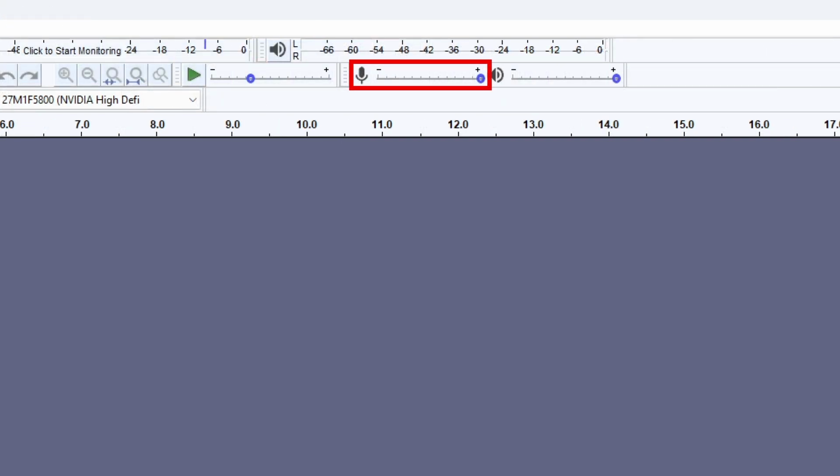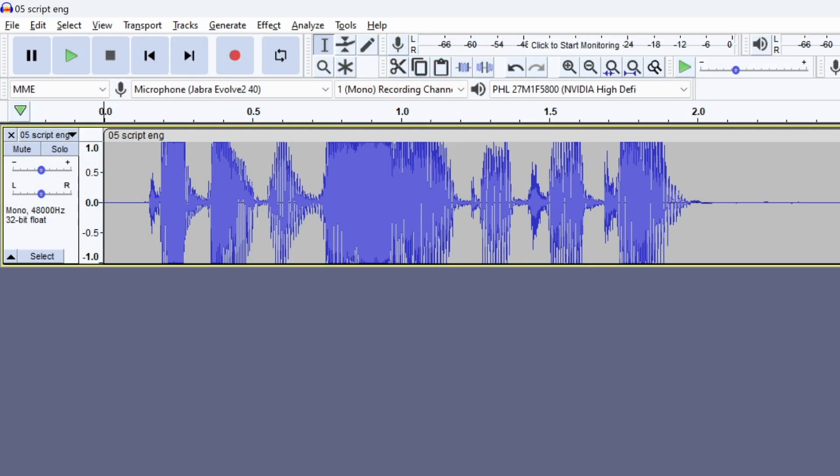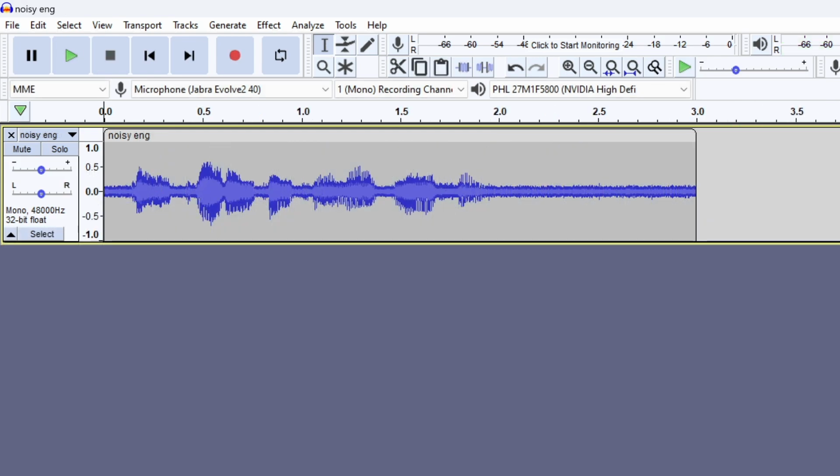The second is that the recording level should be at a modest level. If the recording level is at the maximum, clipping is very likely to occur. And if it is very low and we amplify it later, the recording can turn out noisy.